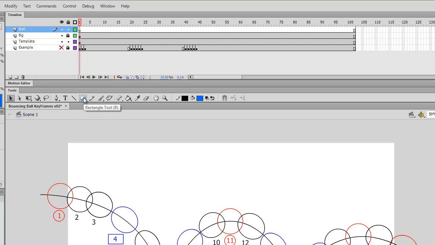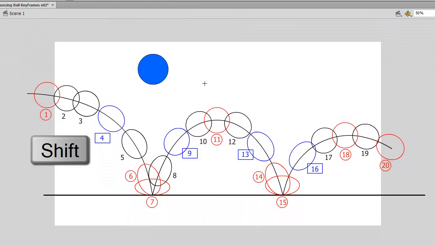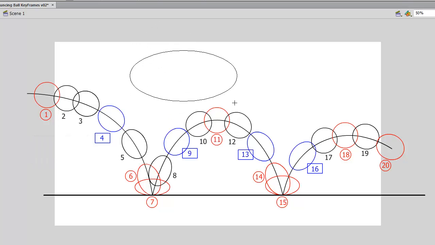And using the drawing tools here, we'll click and select the oval tool. Now, if you hold Shift and drag, you can make a perfect circle, as opposed to just clicking and then you can make different shape sizes. So we're going to hold Shift, drag to make our circle,